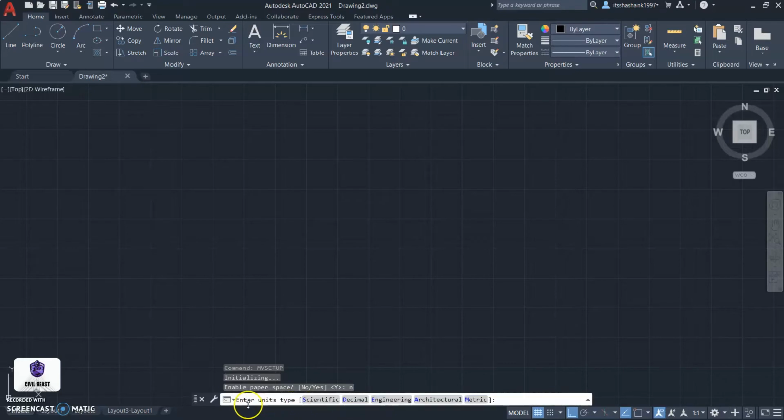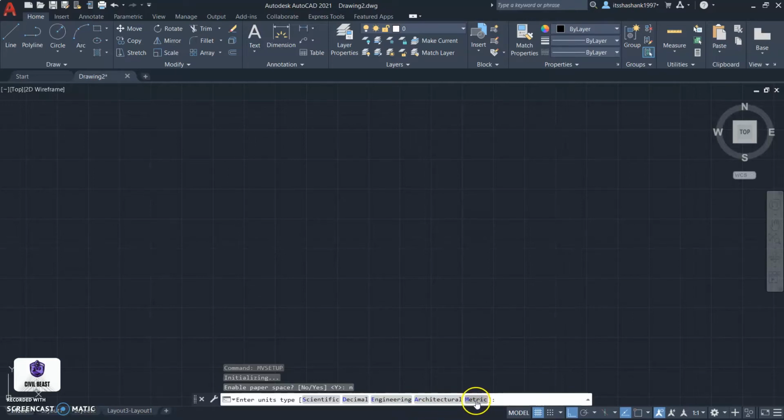Here it is asking for the unit type: scientific, decimal, engineering, architectural, metric. If you want to do your drawing in scientific or decimal, then you can go for those. Engineering is for large scale drawing, which is used in engineering drawing. Architectural is for architecture, that is building plans.